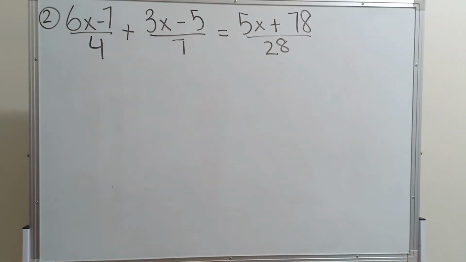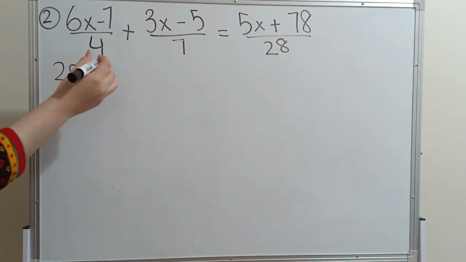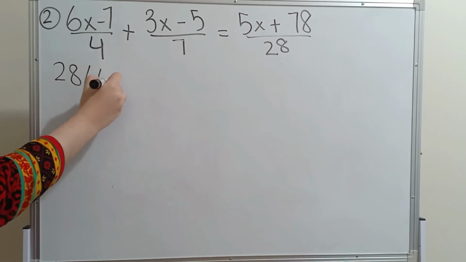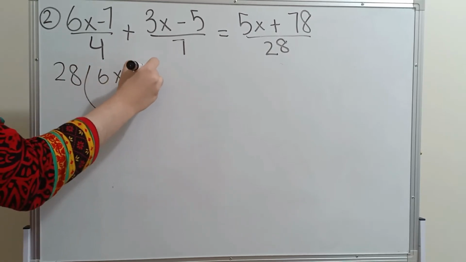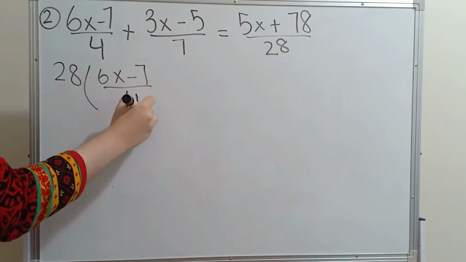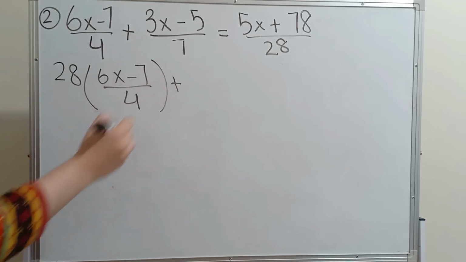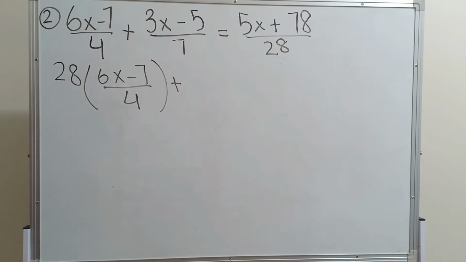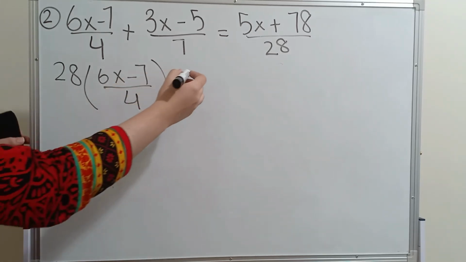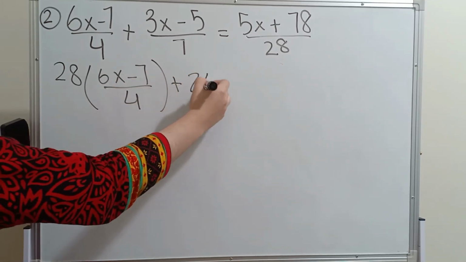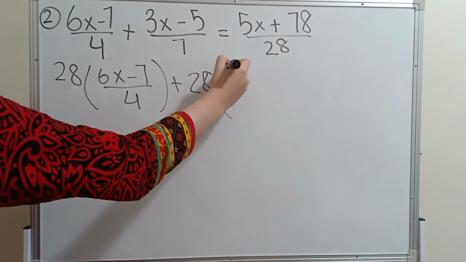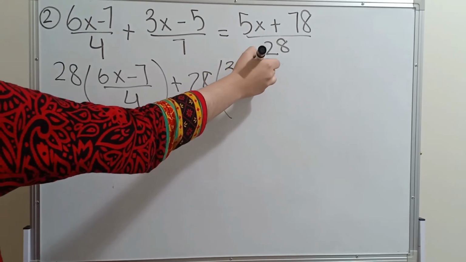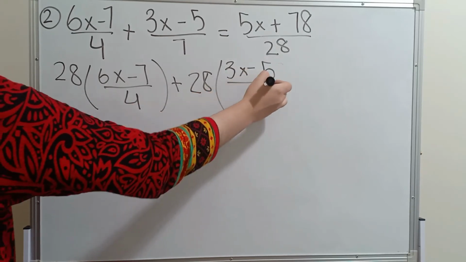So let's do 28 times 6x subtract 7 over 4 plus 28 times 3x subtract 5 over 7